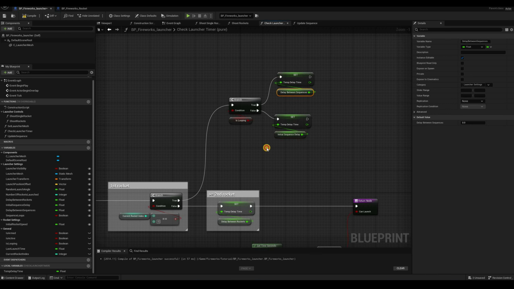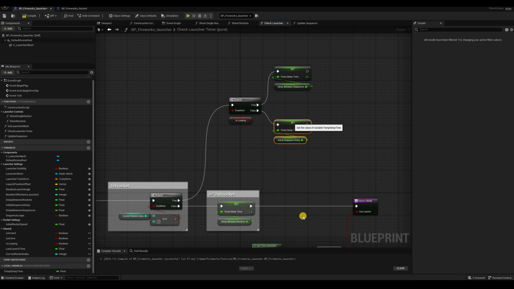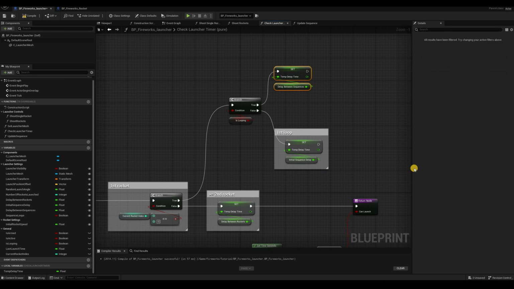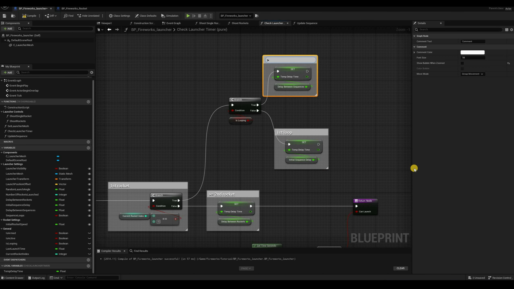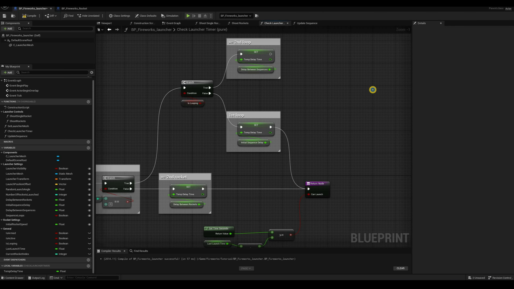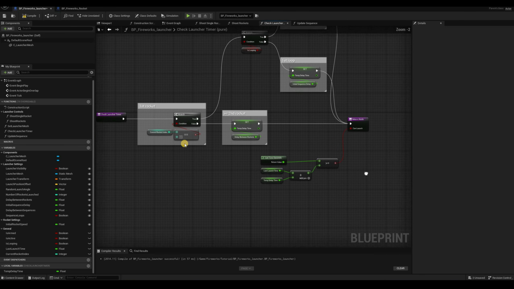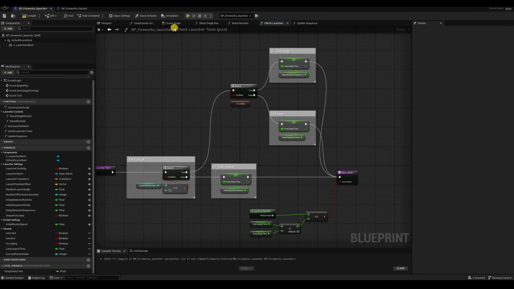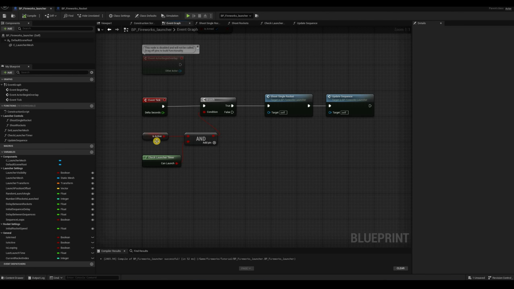And again, just to be a bit cleaner, let's put some comments here and there. So this one will be first loop, and this one will be greater or equal than second loop, and all this will end up in the same return node. Cool. So now we are checking if the launcher can launch. We can compile, save, go back to the event graph, and if we can launch, let's shoot a single rocket,